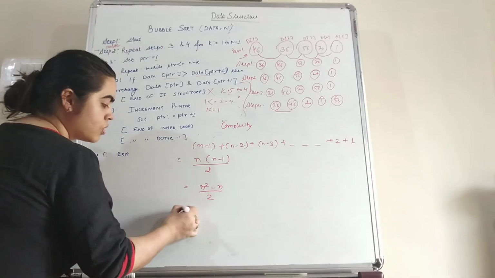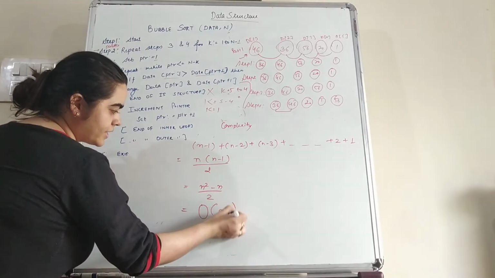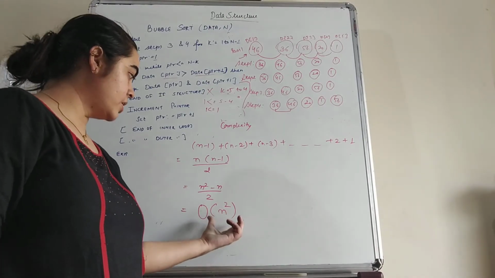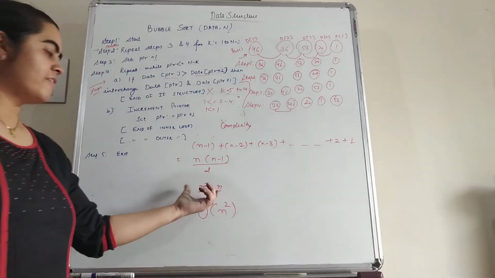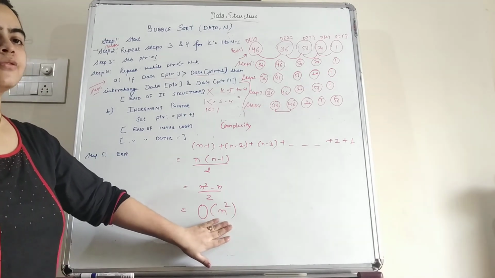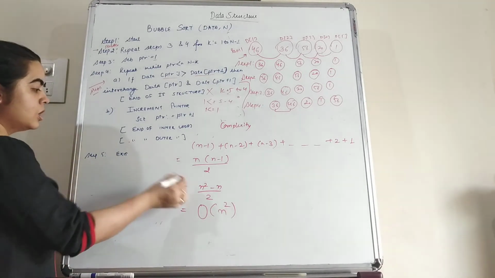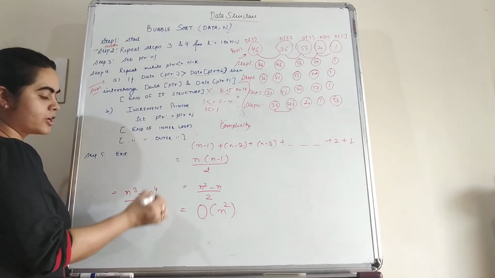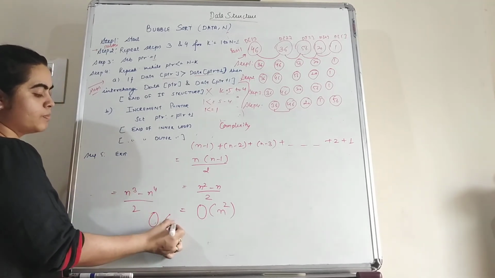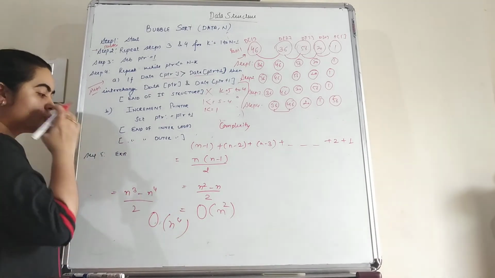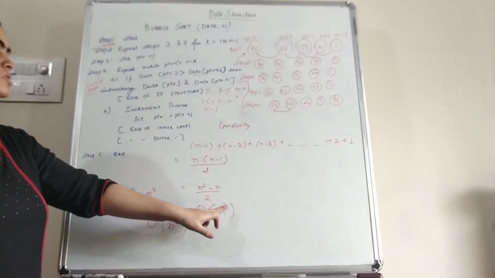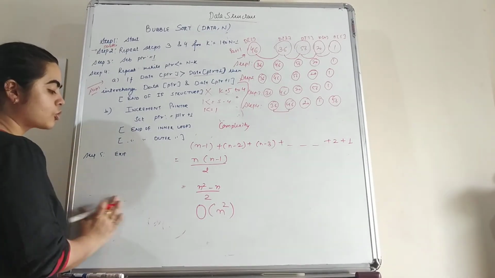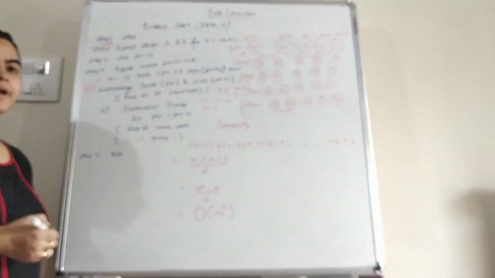Okay students, so this we can write as big O of n square. So we have to put the n which is having the highest power that we have to write within the brackets. For example, if after calculation we have n square minus n4 divided by 2, so that means we have to write big O of n4. So whatever is having the highest degree of n, that we have to write within the brackets. So here the complexity is big O of n square.